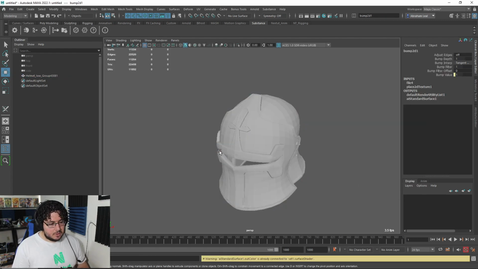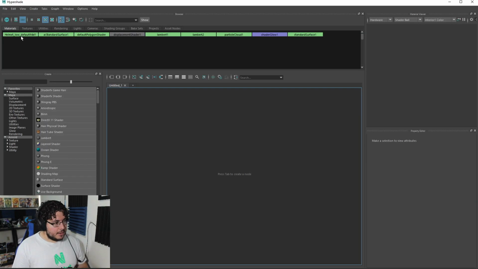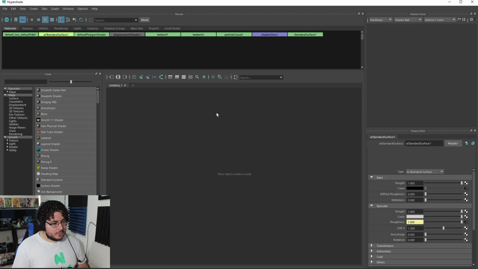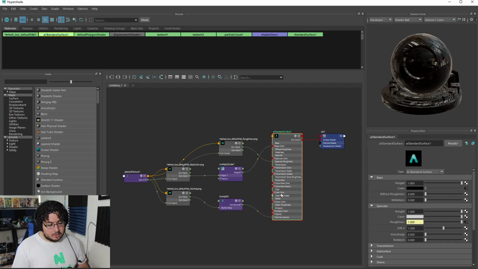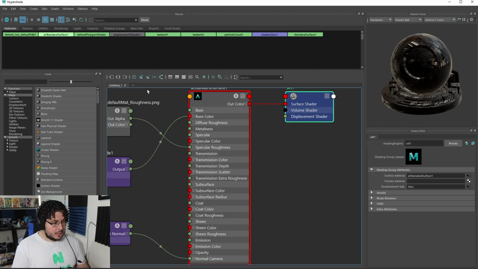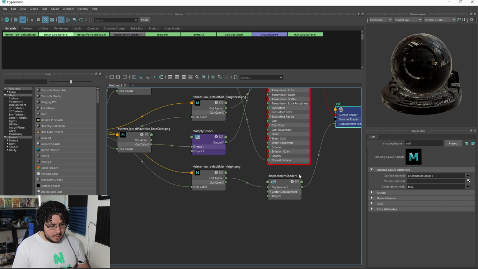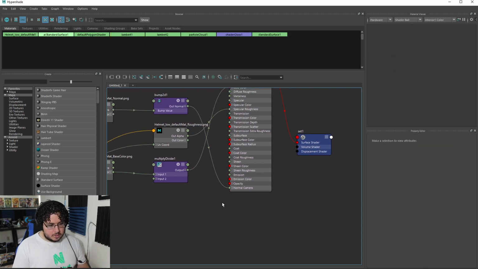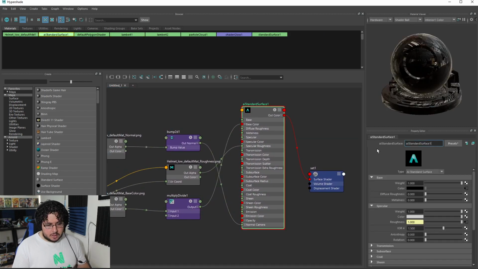Like everything's there. You hit apply, and now in your hypershade, you're gonna have a material, this one, AI standard surface, that has all the connections connected exactly like the way it needs it to. It's actually connecting everything. It's even connecting the height map. I don't think we need the height map for this one, so I'm just gonna delete it. And then this one, I'm just gonna change the name and call this M